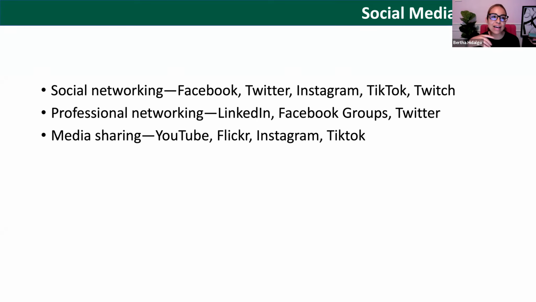But I think that, especially if you're in public health, that's why it's so important to think about social media, right? Go to the people. You need to go to where they are actively engaged in the receipt of information. In many ways, this is also community-based participatory research, but it's digital. It's on an online community. For professional networking, you have a number of groups as well that you can target.